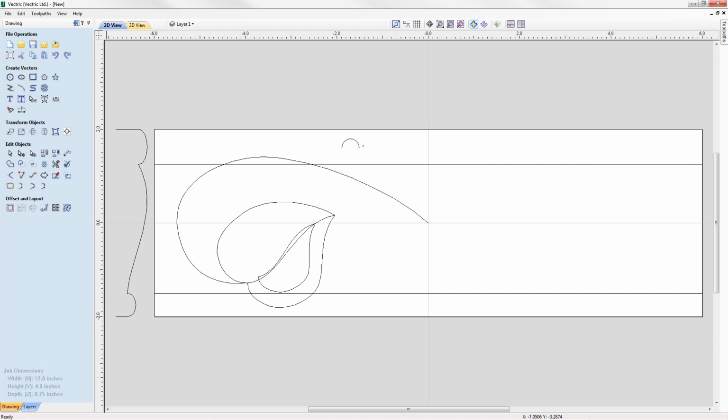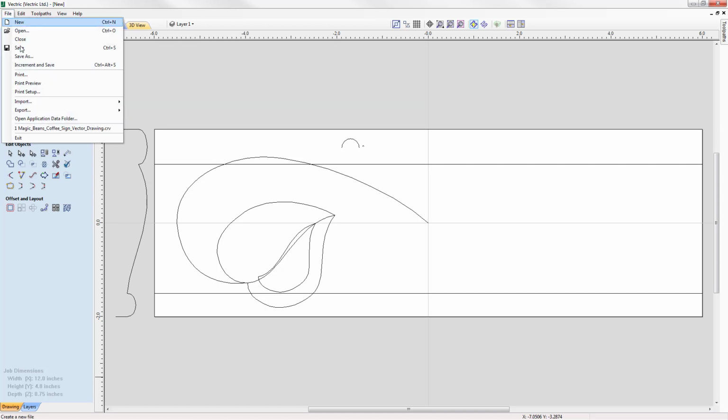So there we have all of the vectors that we need to model the lily leaf mould in, and you can take a look at that tutorial in the related videos section. So let's go ahead and save this file. So we'll go to File, Save As,